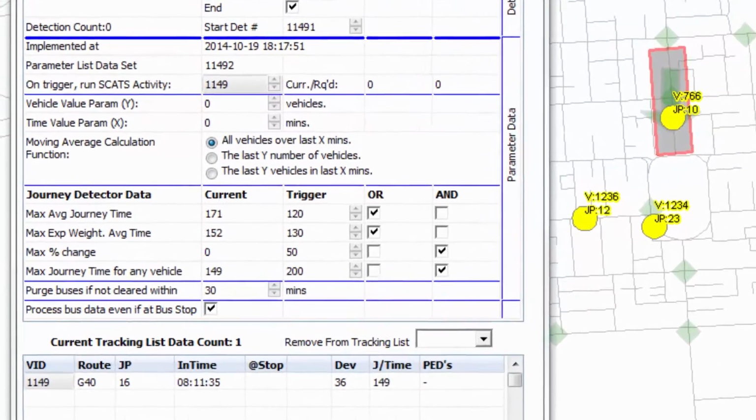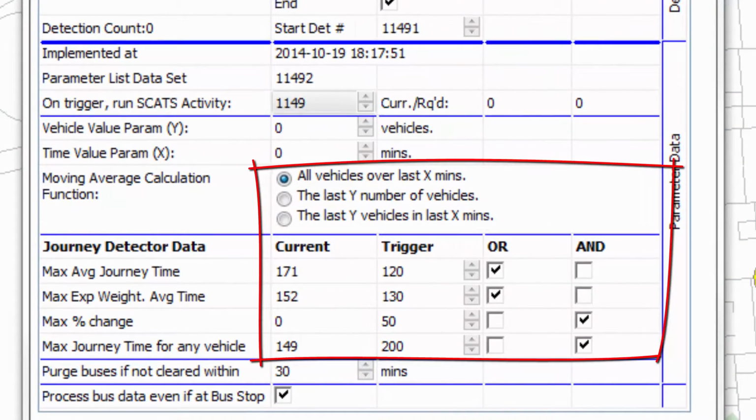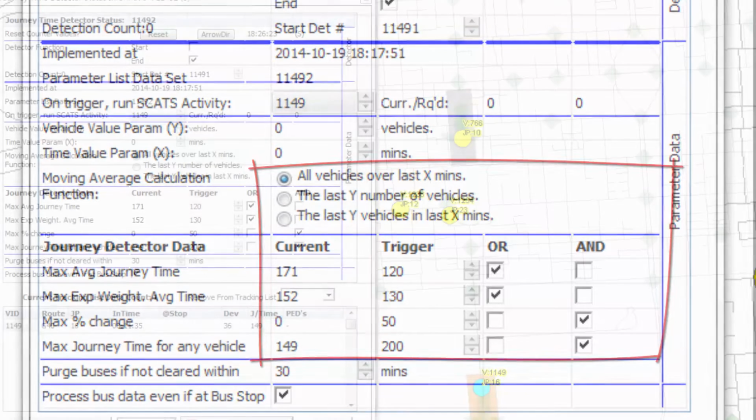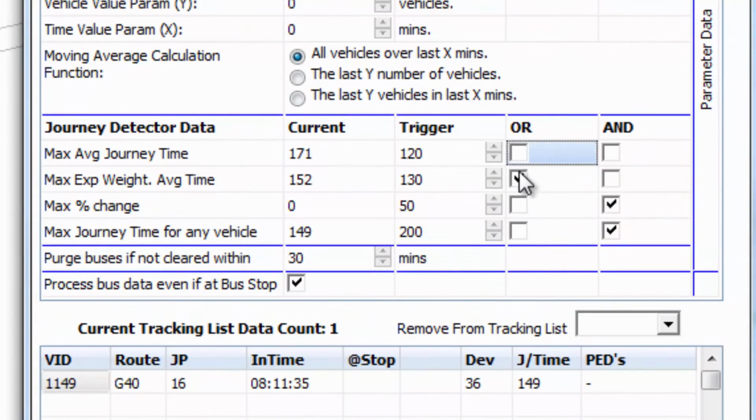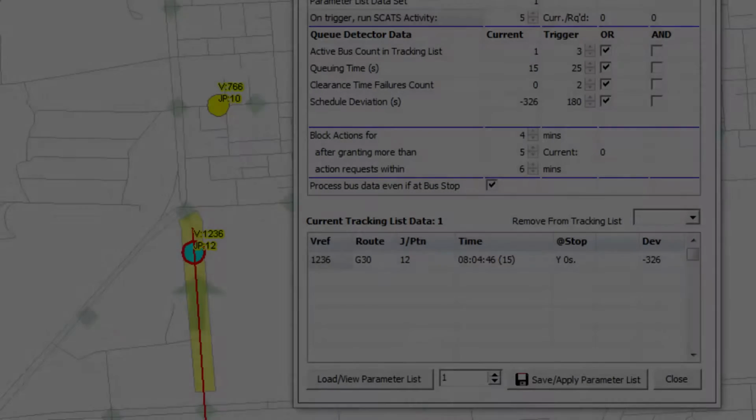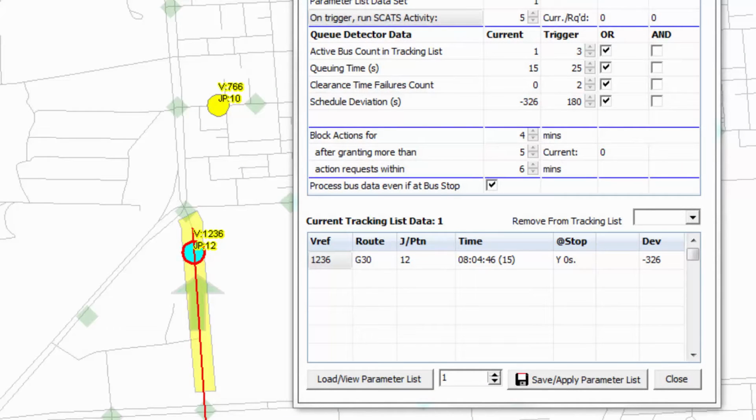Parameter list data is created that contains the trigger conditions for the priority to be implemented. Logical and/or rules can be applied to engineer simple or complex trigger criteria conditions, and the system can automatically apply predetermined default values if required. Because of the flexible options provided by the system,